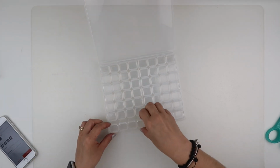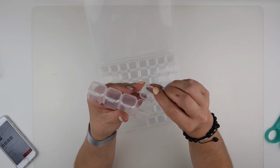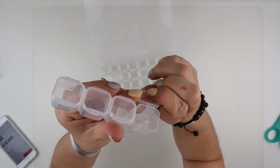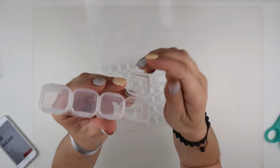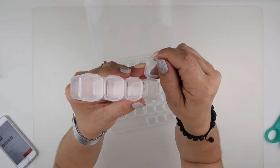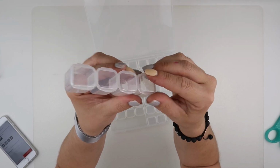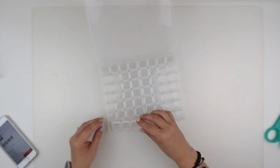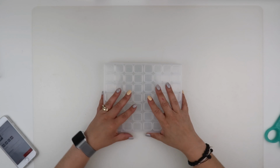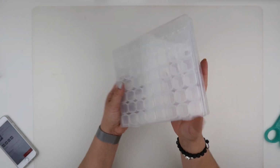I know some people can have a problem with the lids. They say they don't shut. All I do is I actually use my teeth, but I just push this out a bit further. So this is the bit that catches onto the plastic. If I find that's getting loose, I just push that out a little bit more, and then it tends to clip in a bit better. And the odd time I do have one that I don't shut properly, but that's my own fault. So yeah, I thought I'd show you this new-ish style storage that I've got,